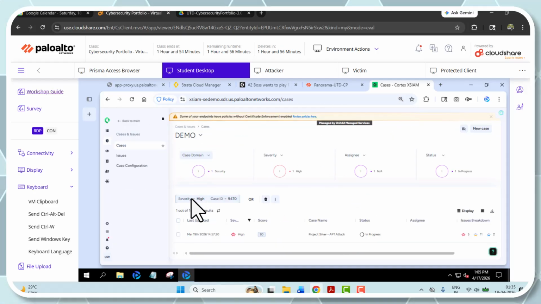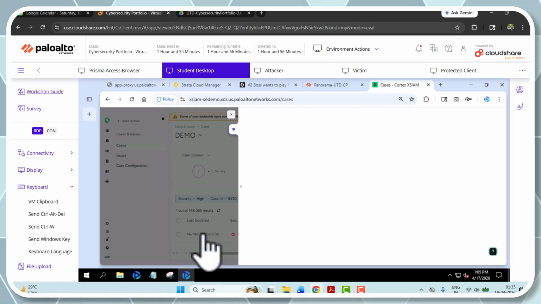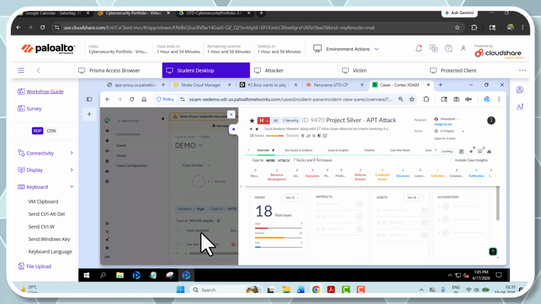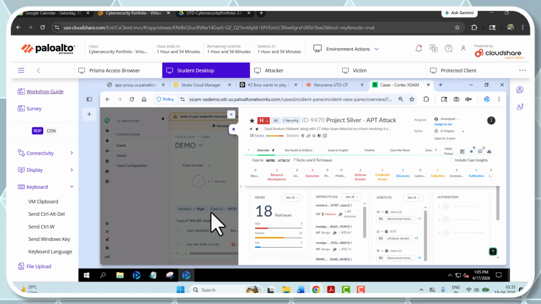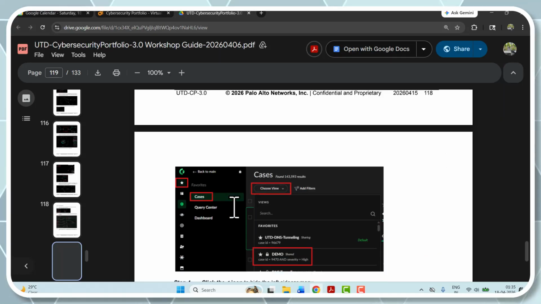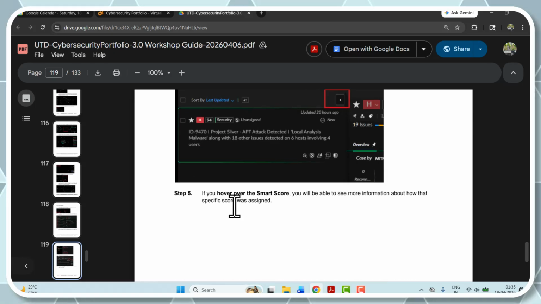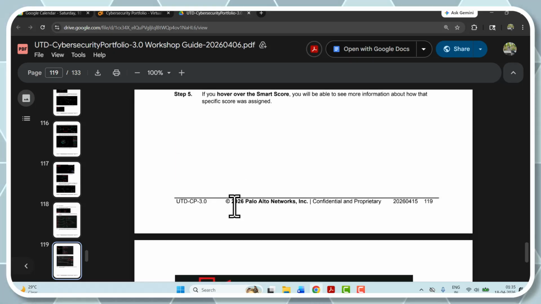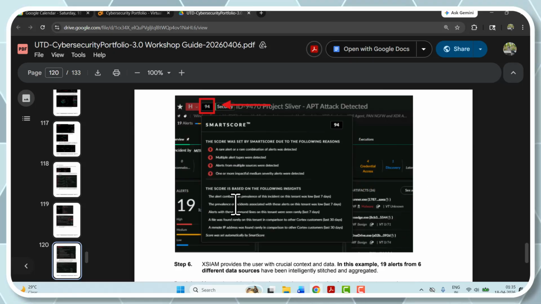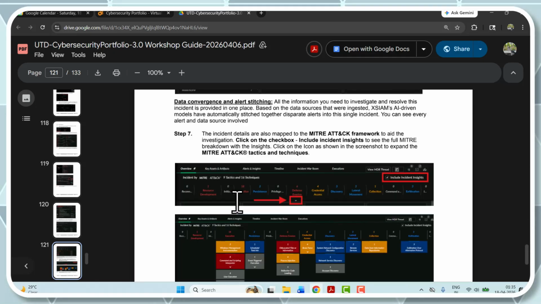Okay, as you can see, this one case is there, and what happened in there, all details. For example, protect silver APT attack. So you can view here. So basically an engineer starts his day from here and checks what the scores are and what the vulnerabilities are. These things basically an engineer can check here. And also